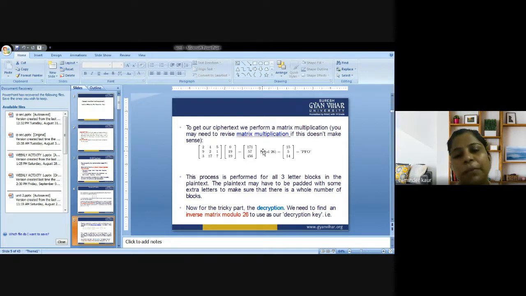So this is the representation, or I can say this is the example of the first chunk that is being given to you for your reference. You can apply the same as it is to the remaining chunks that are there in the message. The procedure is same. You will be getting the ciphertext in the end.